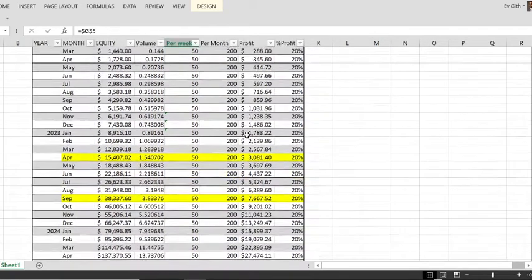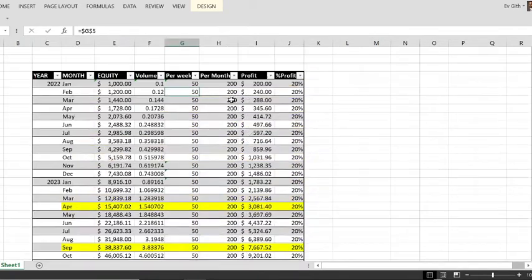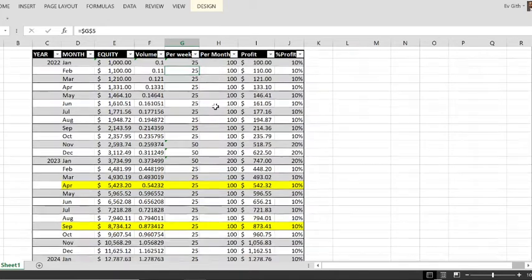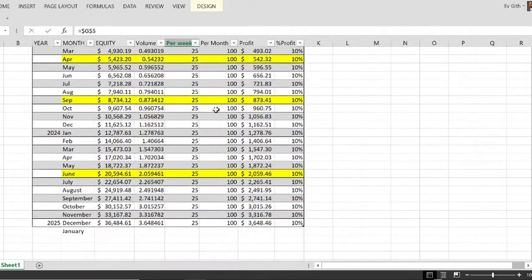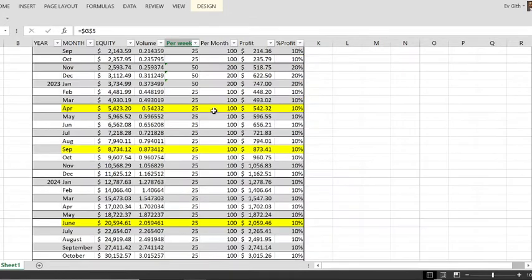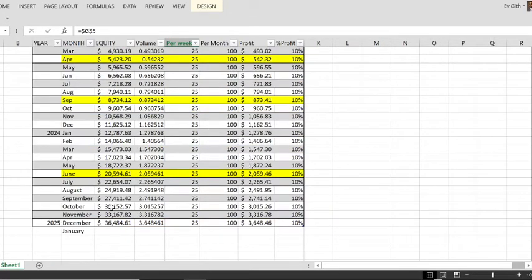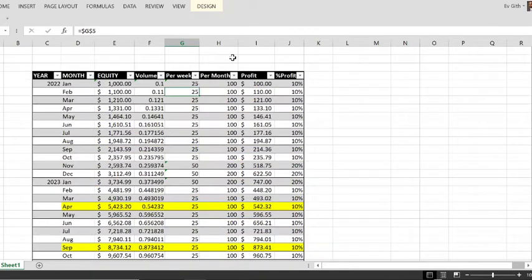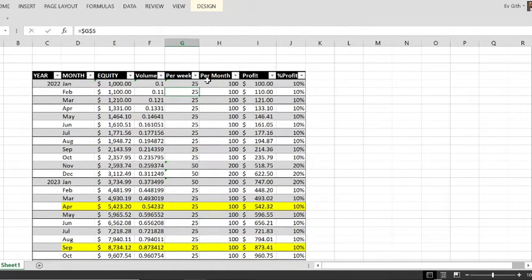Now that's the anticipation, but let's assume I make only 25 pips per week. 25 pips per week, or the equivalent of 5 pips per day. If I can achieve only 25 pips, that's 100 pips per month. Even though sometimes there are losing trades, if I am able to make a consistent 25 pips per week,